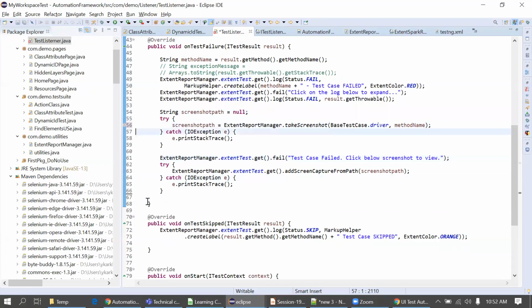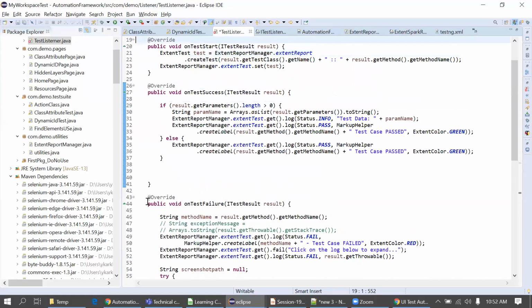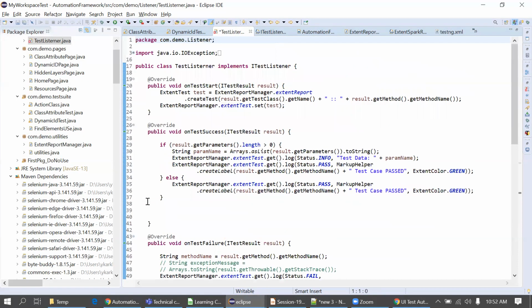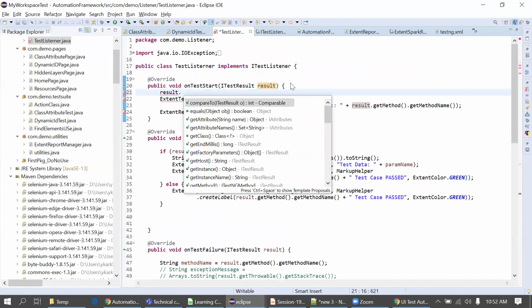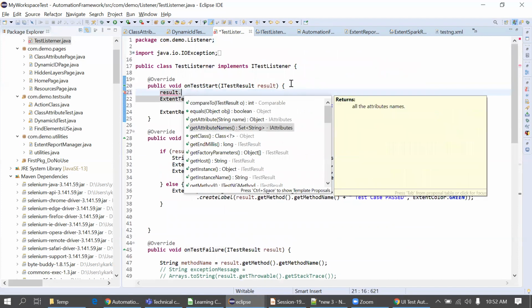Now I'll execute the code and debug it and I will show you. Before that, I will just explain a few methods from this. Whenever we are implementing ITestListener, we are getting this ITestResult and result. For time being, I'm just putting this result dot. You can see there are multiple methods in this result. We can get host.